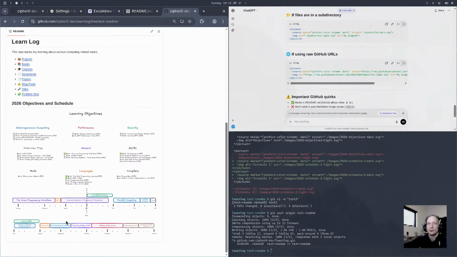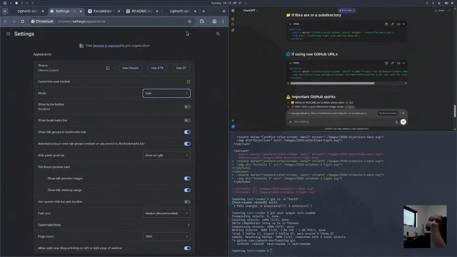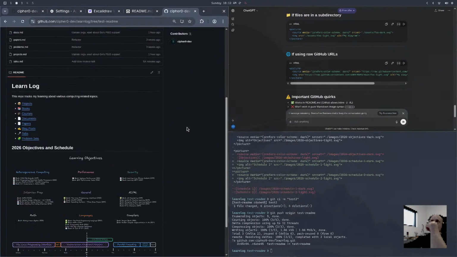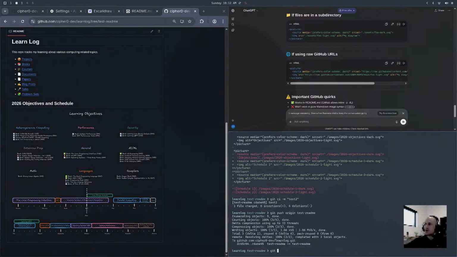Okay, that's very clear. Some of these could be made a little bit bigger, I feel. Maybe the spacing is a little bit large. But then if I go over here to settings and switch this to dark, everything dynamically adapts over to dark mode. Nice. It's pretty nice. We're gonna rebase onto master,